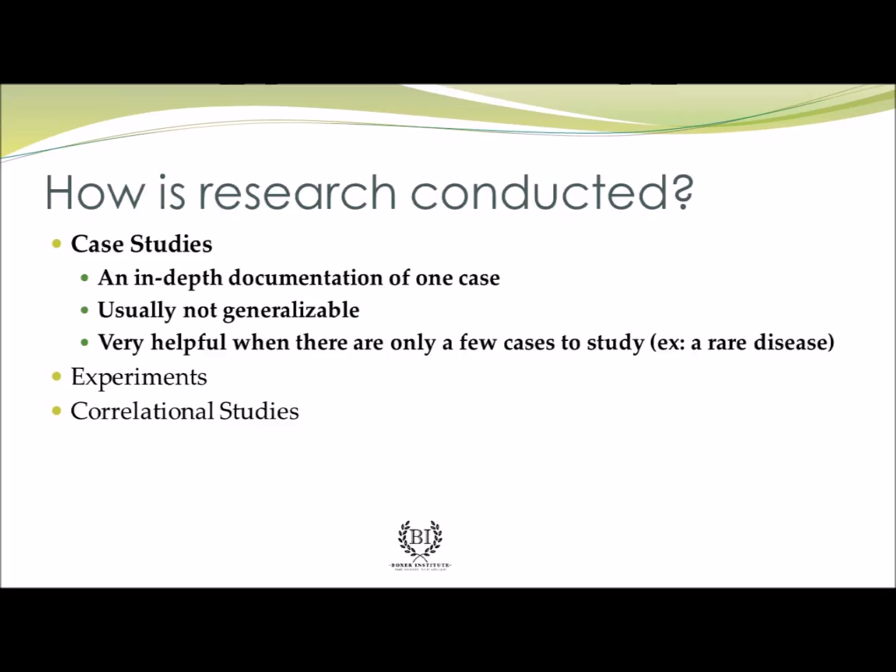So, talking then about how research is conducted, how does this evidence get generated? How do we really make these statistics and make these studies, make all of these findings fact? How do we do this fact finding? So, there's three really big sorts of studies that you'll see, at least in social science research, and that's what I see the most of in debate. It's what I was trained in as well, so that's what we're going to be doing. So there's three big formats. There's case studies, there's experiments, and there's correlational studies.